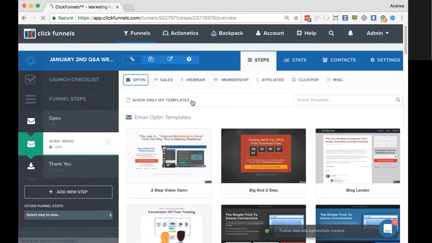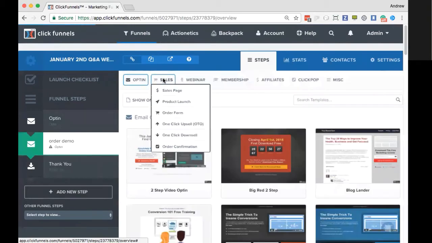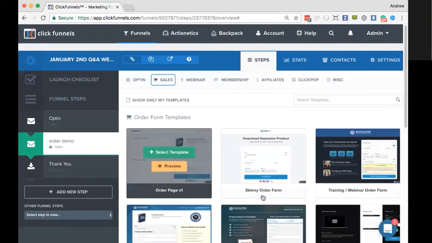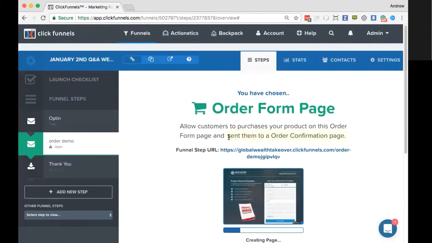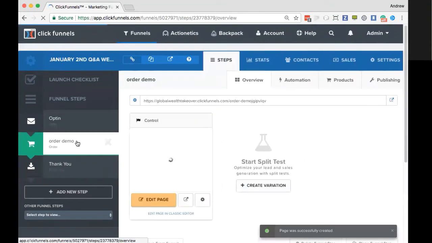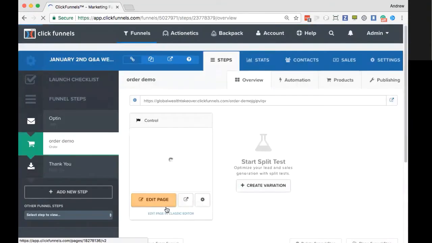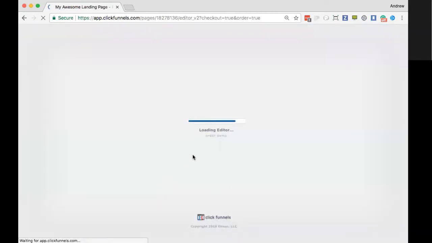We can add an order page to this one. And in this case, we'll go ahead and add that under the sales tab. And then what we want is, anything really, any particular order page. In this case, I'm going to use the two-step order form where they give me the contact information. And we won't need the opt-in page if we were to use that. It's up to you if you want to. Doesn't really per se matter for functionality.